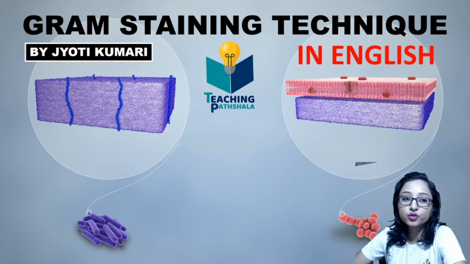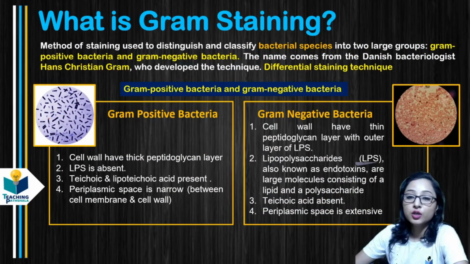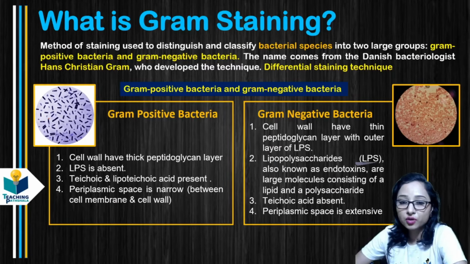In this lecture, we are going to talk regarding the gram staining technique. This lecture will be mainly in English and also it will be available in Hindi. So first of all, gram staining is a laboratory based technique, and this particular technique is mainly used to distinguish between two groups of bacteria. One is known as gram positive bacteria and another is known as gram negative bacteria. If we perform a gram staining, the final result will tell us whether the bacteria we are using for our experimental purpose belongs to the gram negative group or the gram positive group.